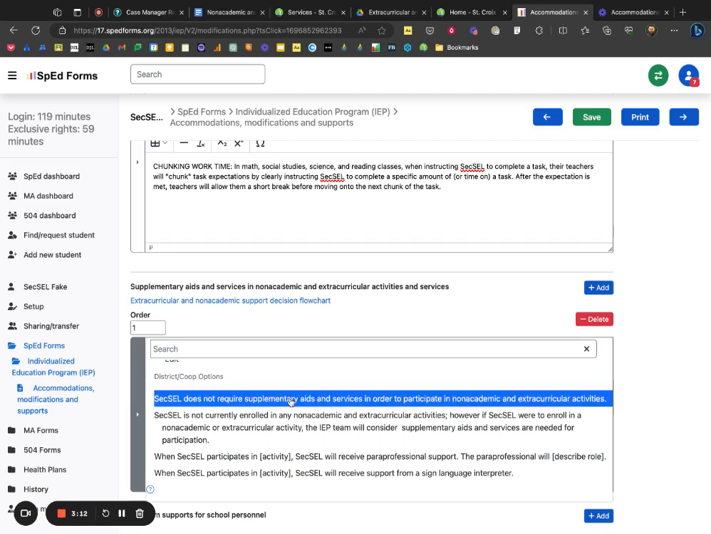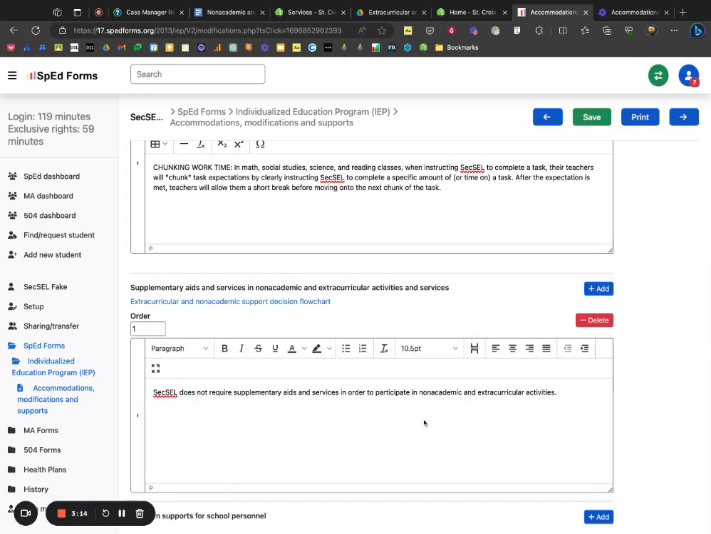So we could say student does not require any supplementary aids and services in order to participate in those activities. We could say, this is, I think, the most common thing here. We don't want to leave this blank, by the way. Let me say that. We're not leaving this blank. So this is a very common one. Student is not currently enrolled in any activities. However, if they were to enroll, the IEP team will consider supplementary aids and services needed for participation. So a lot of our students aren't in a club or an athletic team, and this is what we would put. And then we would amend the IEP if they joined a club or a team or a community ed